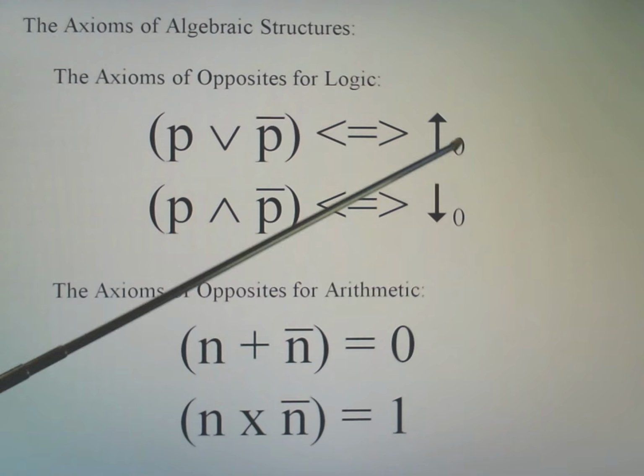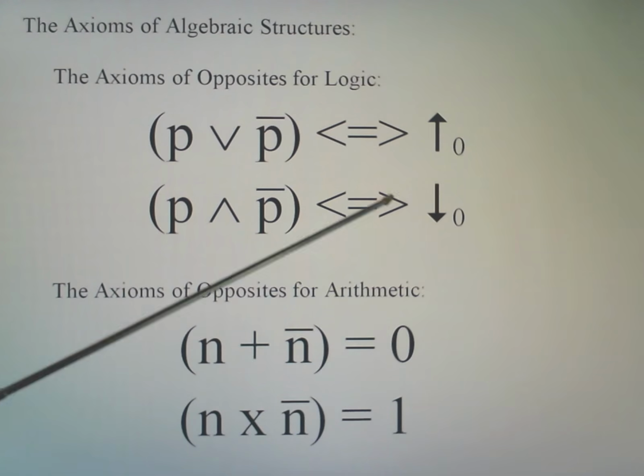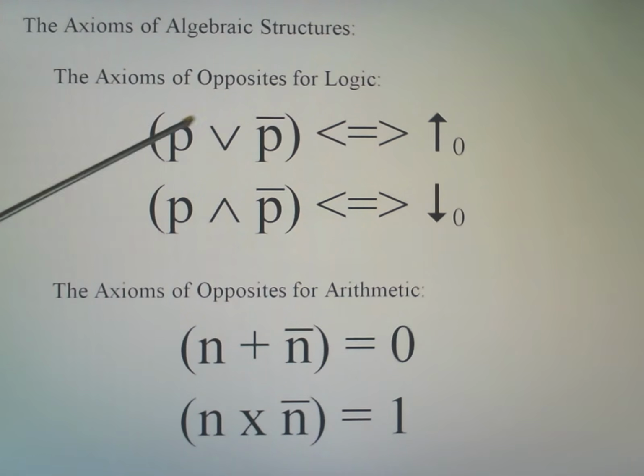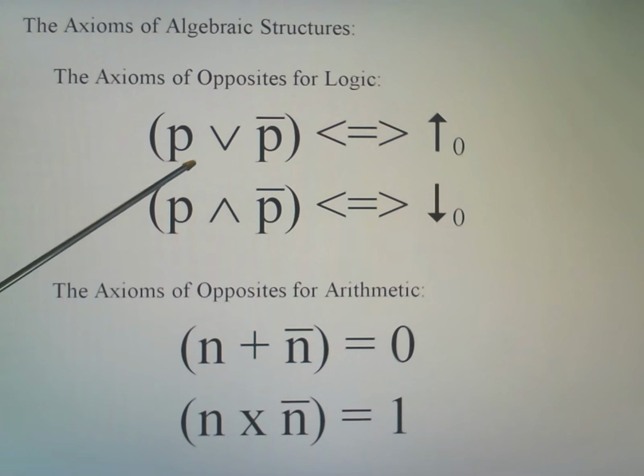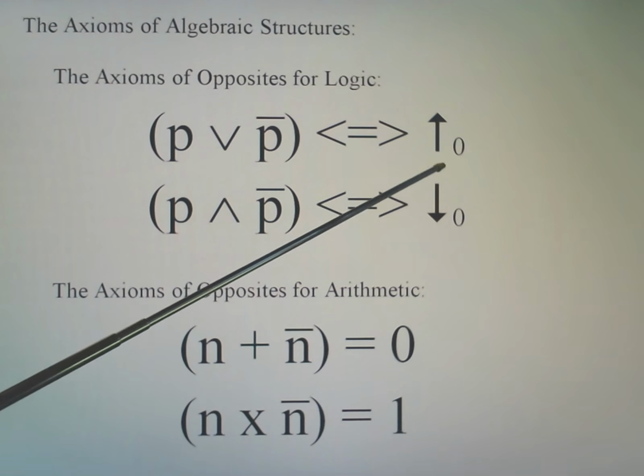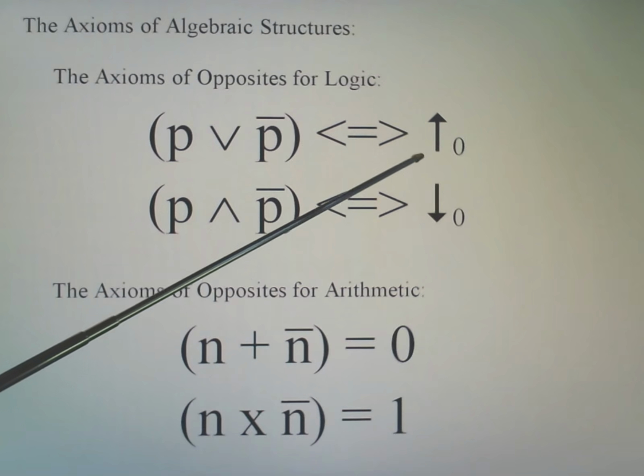But here, for AND, we get the identity element for OR, and when we combine opposites with OR, we get the identity element for AND. That is different. It's a reverse from down here, and that marks an important difference between logic and arithmetic, or propositional logic and arithmetic. In addition, of course, we need to point out that this is just the law of excluded middle. A proposition is either true or it's not true, and that statement is always true. It's a tautology.